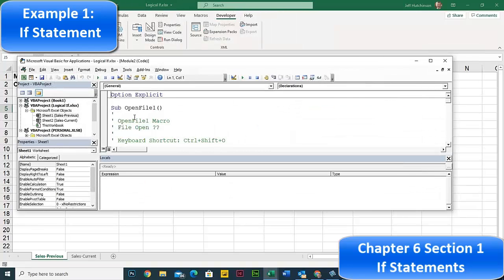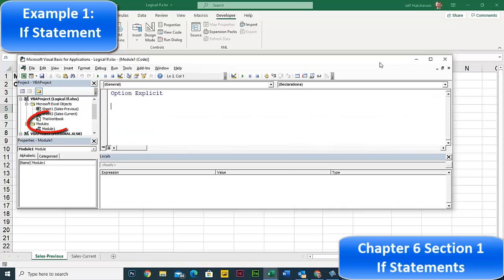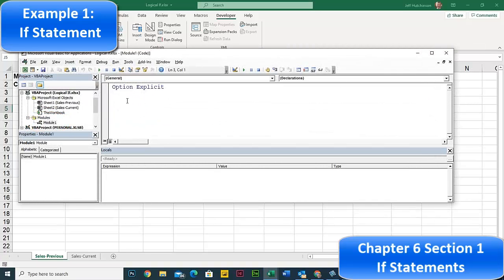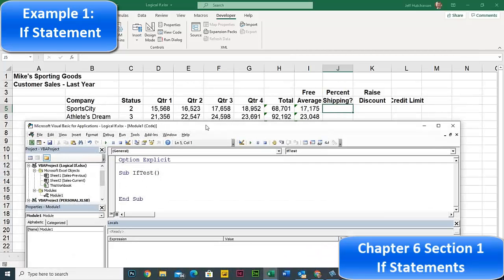Go to our Visual Basic Editor, and we'll make sure that we're in the logical if workbook, and we're going to insert a module. We can put in sub if test, and then hit the enter key, and that creates our module for us. And then we'll simply say, if what? I want to come over here, and this is going to be your active cell right there. So I can simply say that if the active cell,